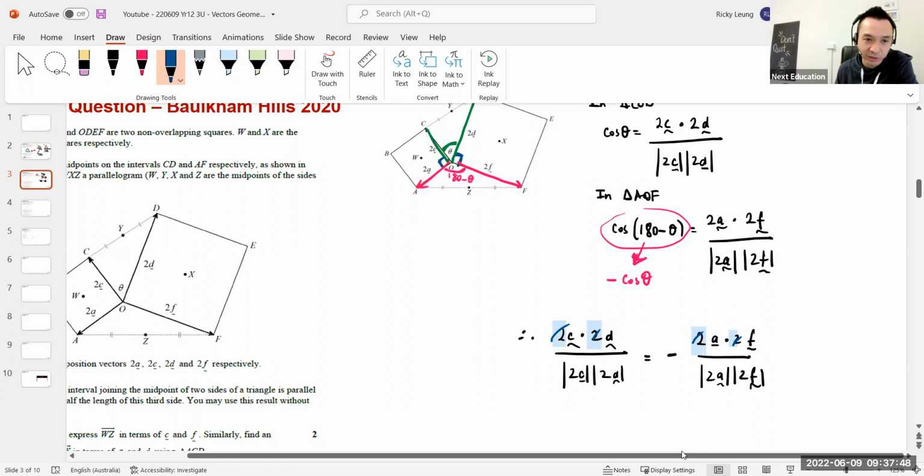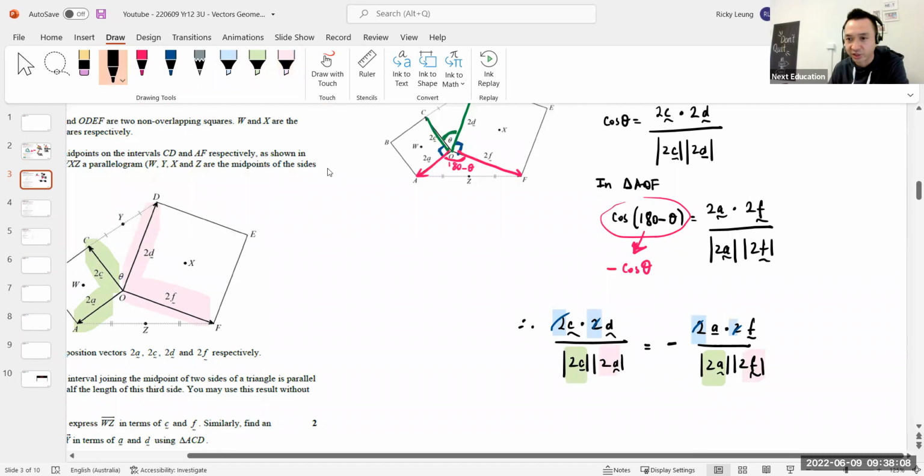What is the magnitude of 2C? That is the length of this guy. And I can see, because it's a square, the length of this equals the length of this. In other words, the magnitude of 2C is equal to that, and the magnitude of 2D is equal to that. Easy, easy. I can sort of say, off to the side,